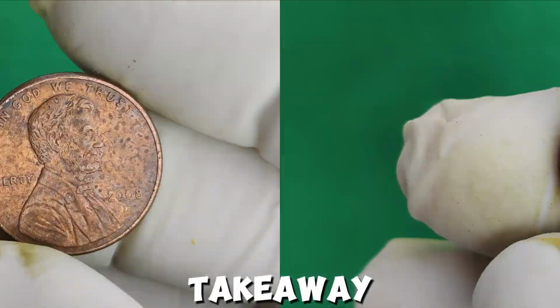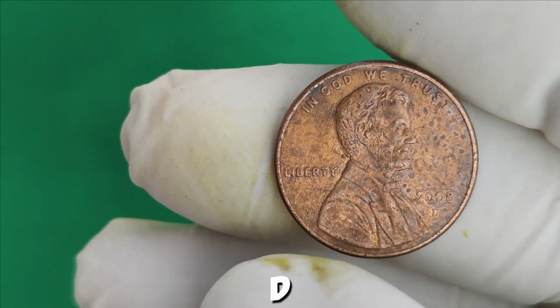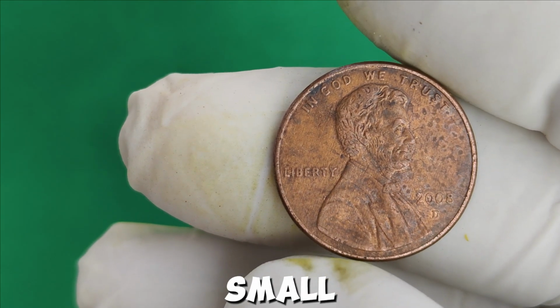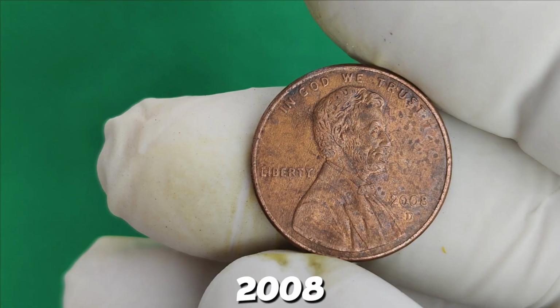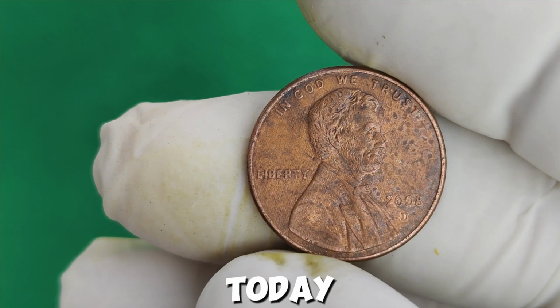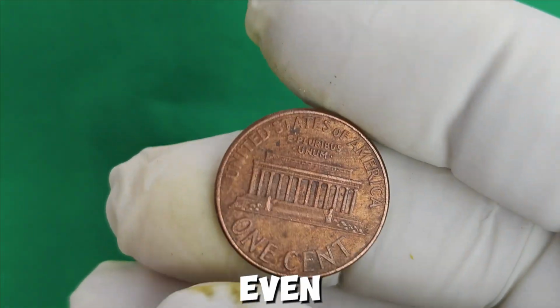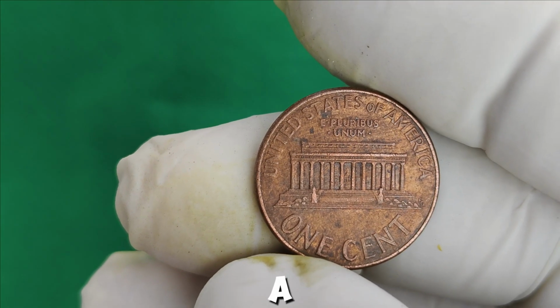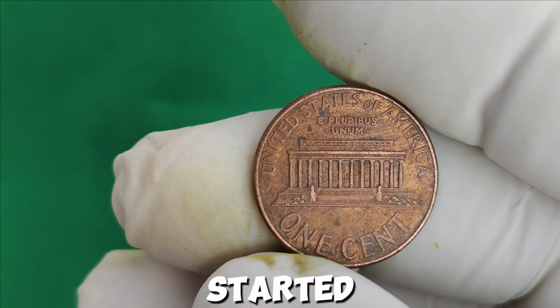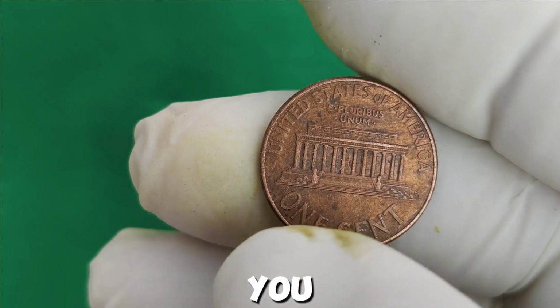So, what's the takeaway here? The 2008 D Ultra Lincoln penny may be small, but its story is huge. From its origins in 2008 to its incredible rarity today, this coin is a reminder that even the most common items can have untold value. Whether you're a seasoned coin collector or just getting started, this rare penny is something you definitely want to keep